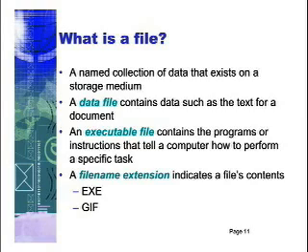Although all files contain data, some files are classified as data files, whereas other files are classified as executable files. A data file contains data that can be processed. The text for a document, the numbers for a calculation, the specifics for a graph, the frames of a video, the contents of a web page, or notes of a musical passage, for example. An executable file contains the programs or instructions that tell the computer how to perform a specific task. For example, the word processing program that tells your computer how to display and print text is stored as an